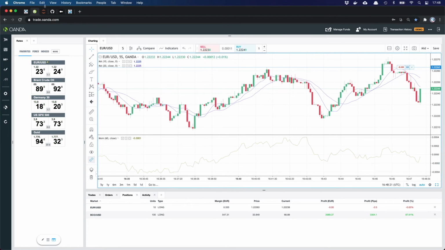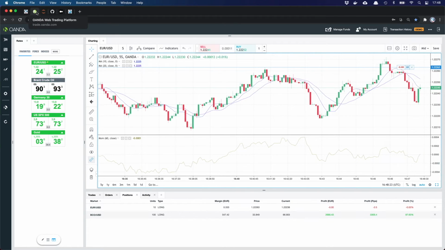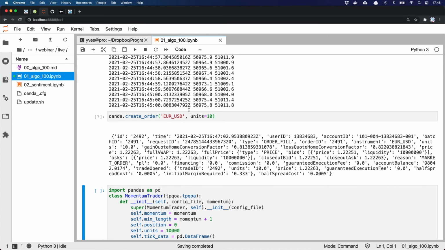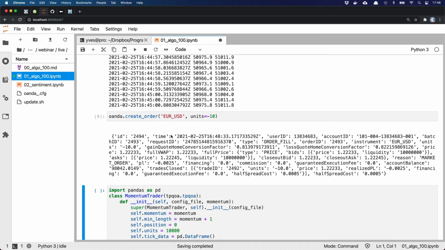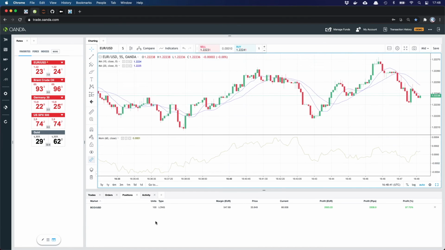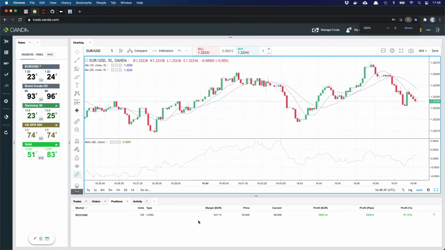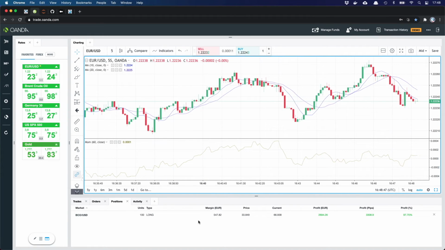So here I have my position open. Not that much happening. And when I now go and reverse this to -10, I'm closing out my +10 position. So this is completely symmetrical here. So now I have closed the position, and the position has vanished here, right? I can increase this a bit.